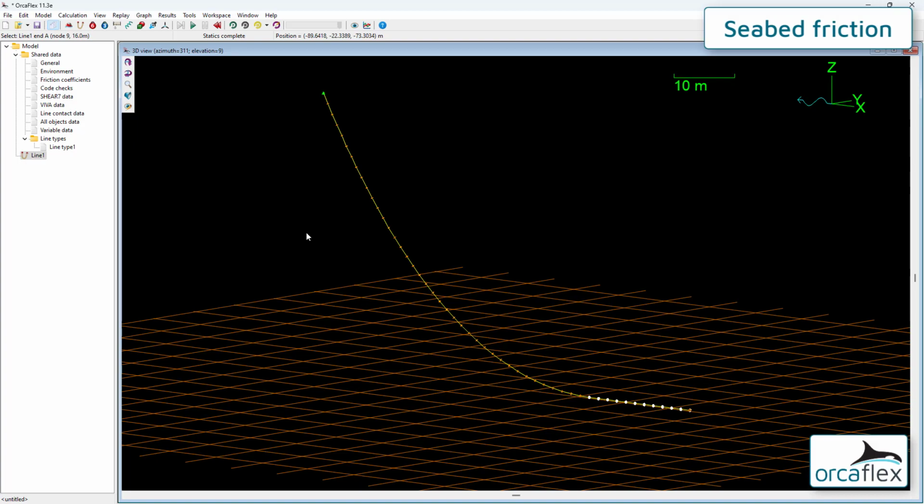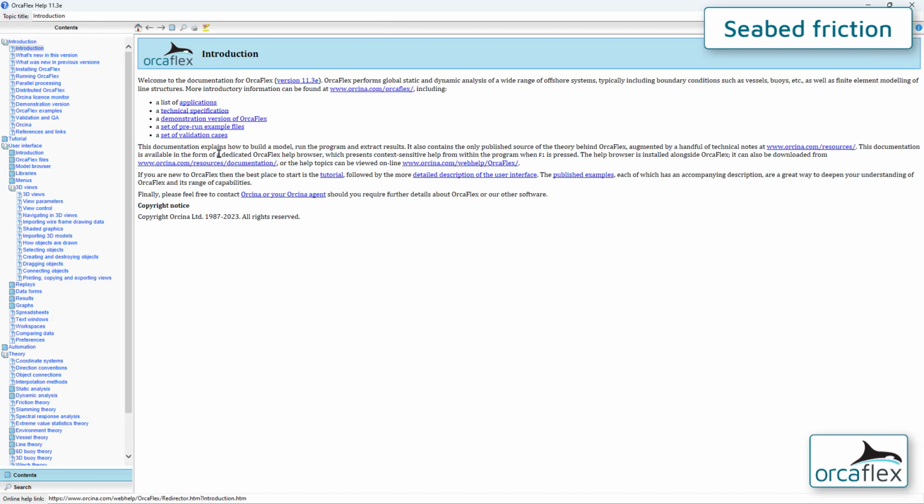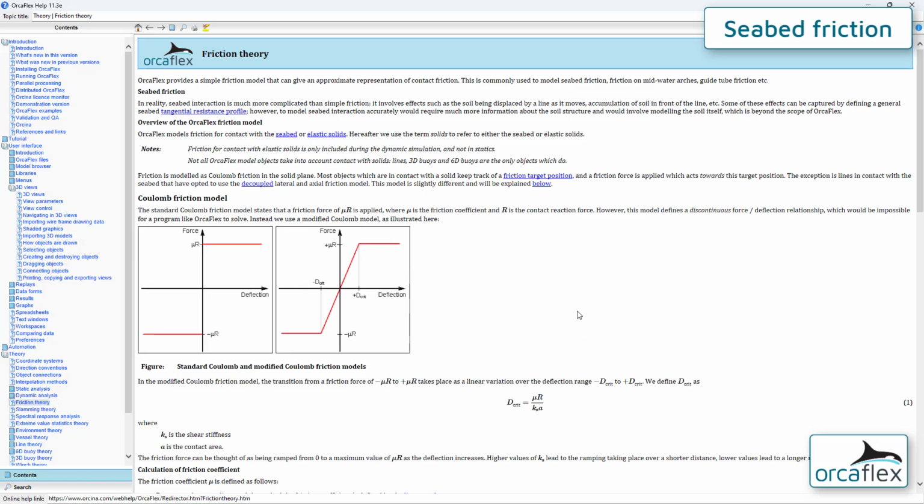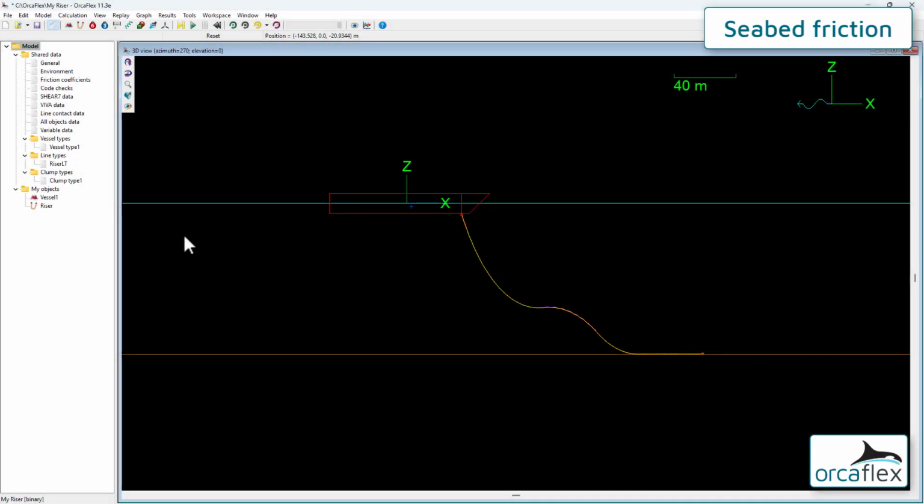OrcaFlex by default utilises a modified Coulomb friction model, details of which can be found in the help file, here, in the theory section, under friction theory. Friction is a dynamic phenomenon, so the question arises as to how we deal with friction when working with a static analysis. Let's take a look at this with a model based on the riser system we have built in